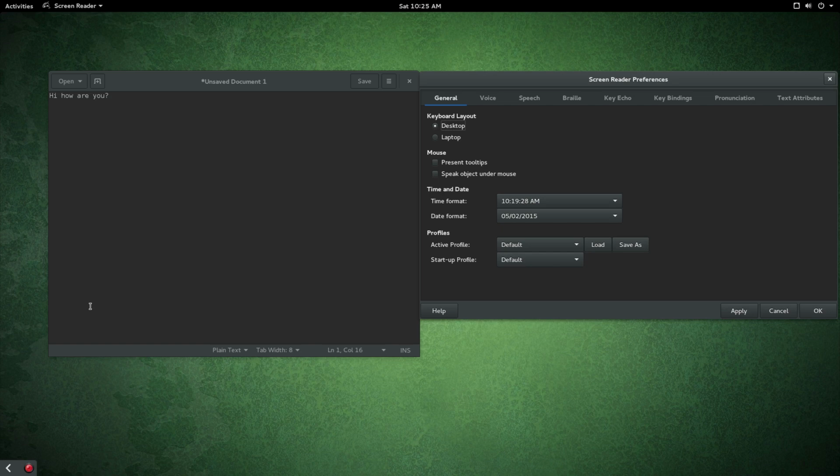And to silence Orca, it's the control key. So if it's reading, N, O, D, control, and that'll silence the readout. Okay, so now that we got that out of the way,